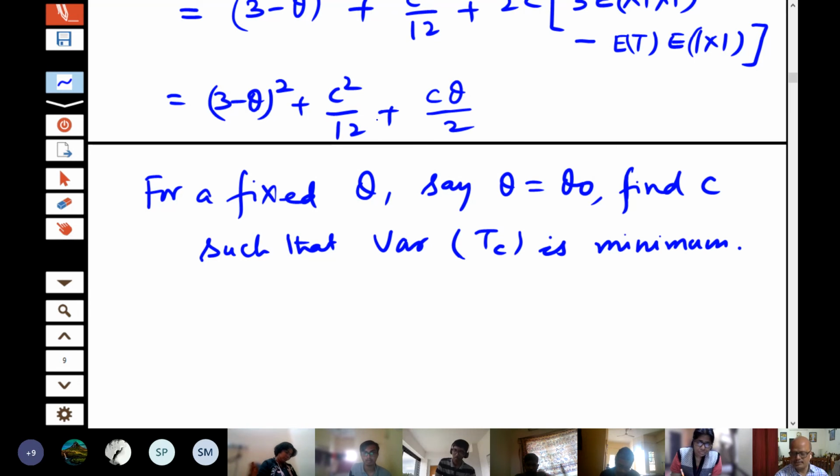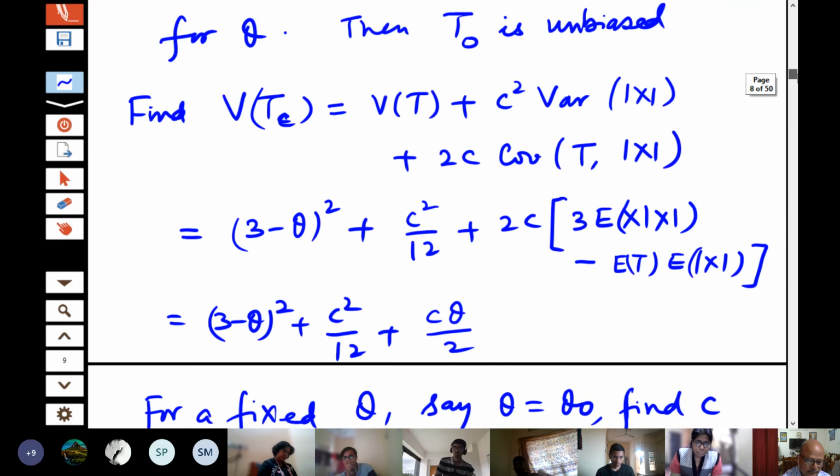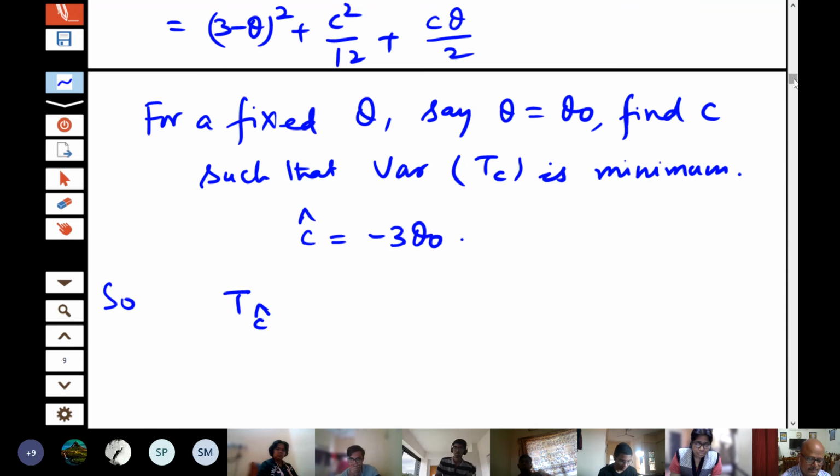What is the value of c for which the variance is minimum? Theta naught. What did you say? Repeat it. Minus 3 theta naught. So if I am considering the estimator, this has